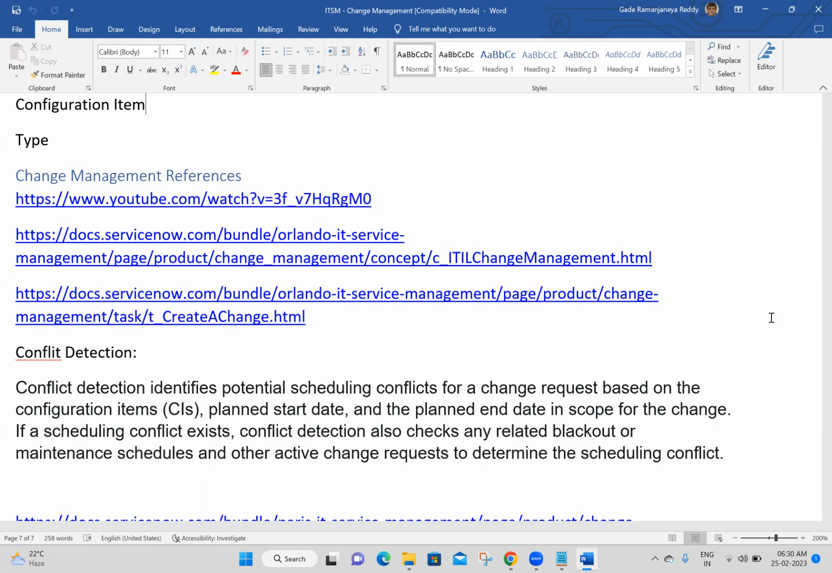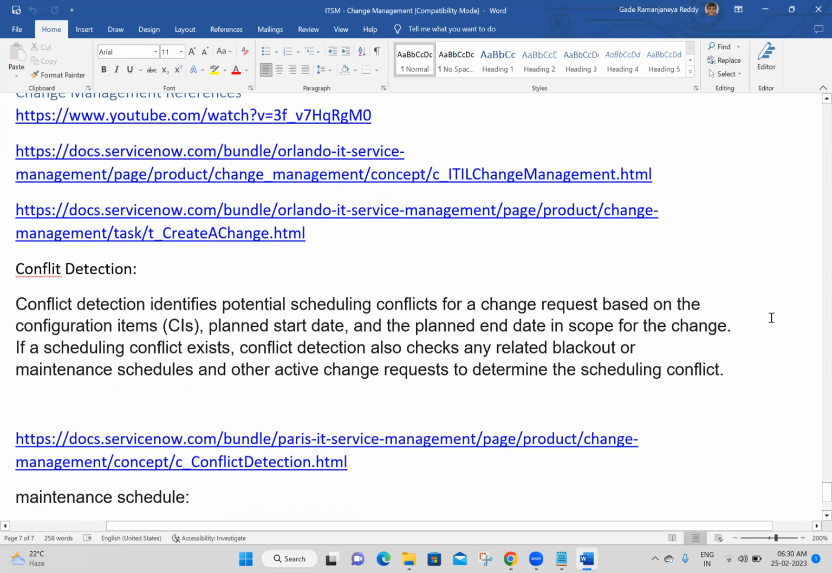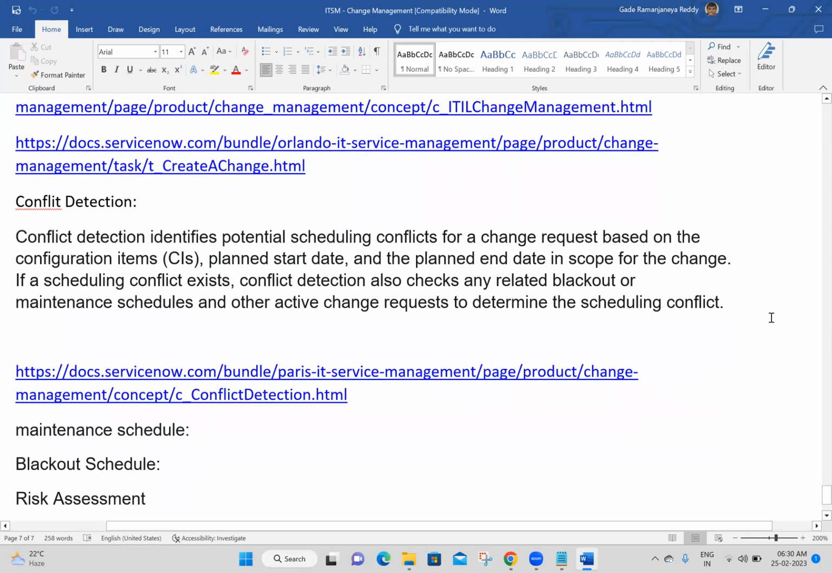So conflict detection identifies potential scheduling conflicts for a change request based upon the configuration items, planned start date and planned end date in scope for the change. If a scheduling conflict exists, it also checks any related backout or maintenance schedules and other active change requests to determine the scheduling conflict. Okay, next. If you want to learn more about conflict detection, you can go to this URL. Next, you can see